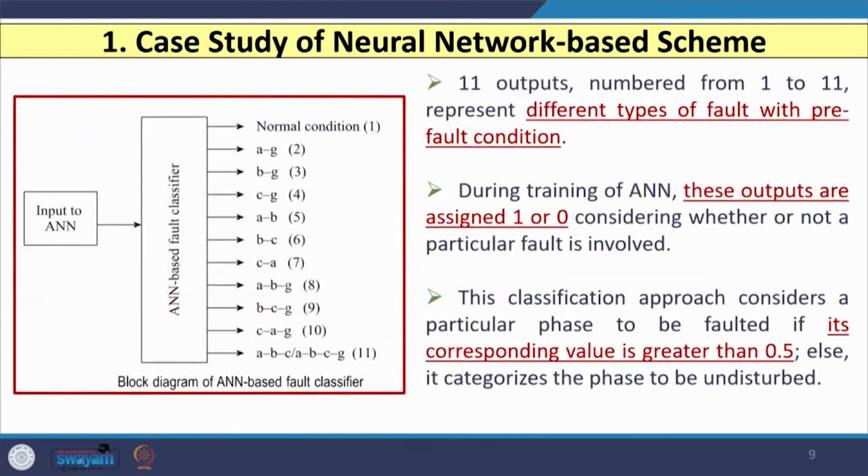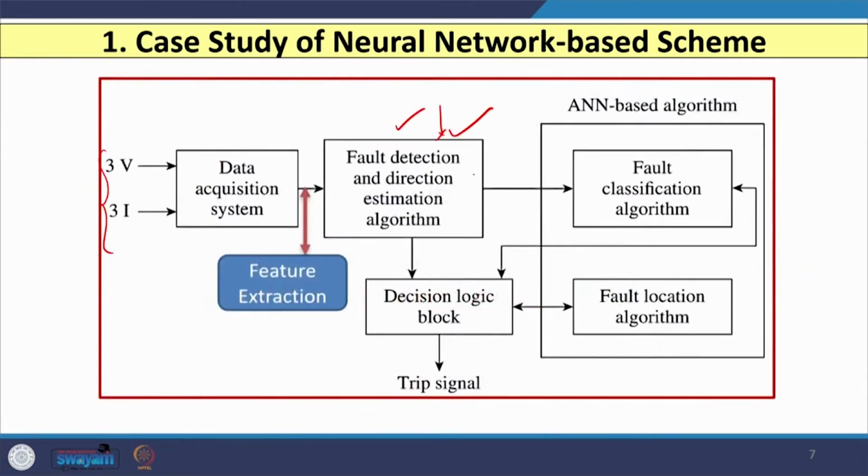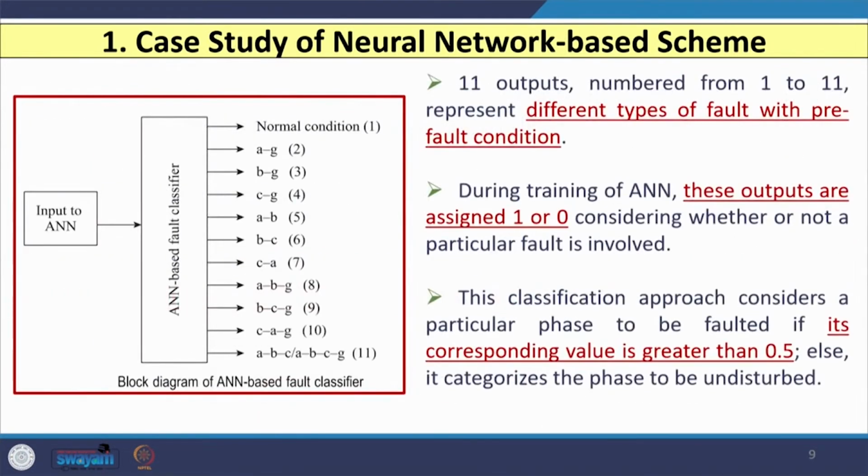Then the output of this detection and directional estimation block is given to the fault classification algorithm, which is based on neural network, and we have a fault location algorithm also, which is also based on neural network. So, these two blocks perform simultaneously,